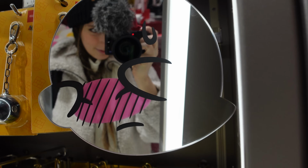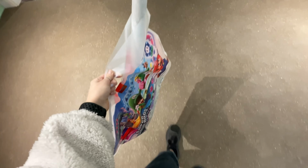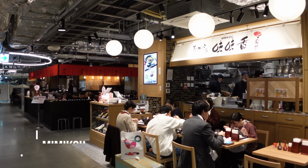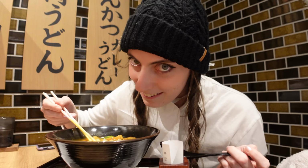There is actually a rooftop here, so if you visit, make sure to go there, but I was one of the last customers, so next time I'll have to check that out. Inside the same building as the Nintendo store, there was this Kyoto Kare Udon place, and I love Japanese curry, especially with udon, so